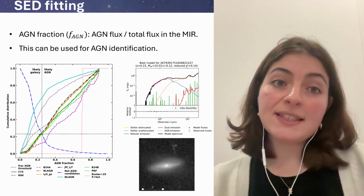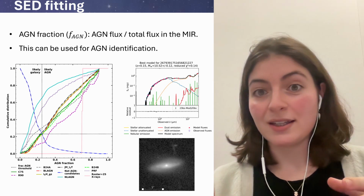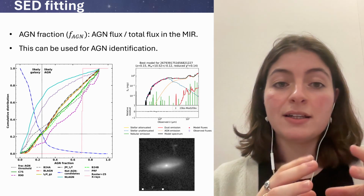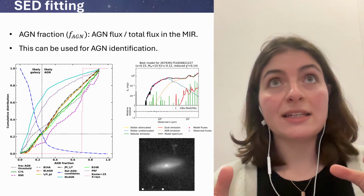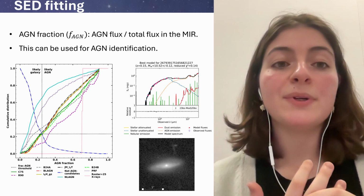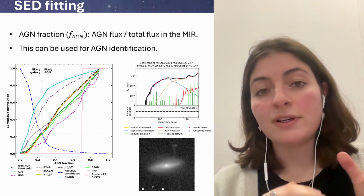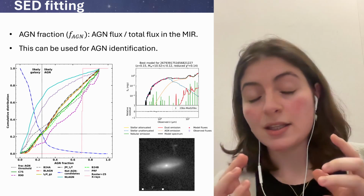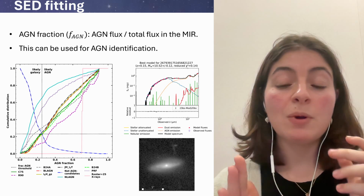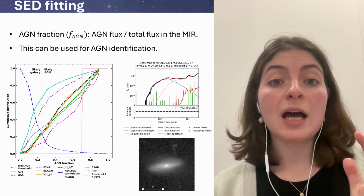And then for SED fitting, this is where all of the extra photometry that we obtain from the nearest neighbor matching comes in, because we can then perform this SED fitting and obtain parameters of our AGN. In particular, there's one specific parameter that is the AGN fraction, which is defined as the ratio of AGN flux to total flux in the mid-infrared, and this can be quite useful to then come up with a threshold of AGN fraction above which we believe a source can be a potential AGN